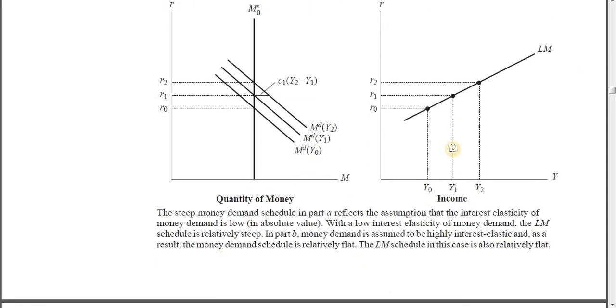So what is the one-line explanation here? The slope of the LM curve is determined by the interest elasticity of money demand. The higher the interest elasticity of money demand, the flatter the LM curve would be. Why? Because money demand is very responsive to the changes in the rate of interest. So a smaller change in interest is going to bring back the equilibrium in the money market, and that's how we'll get a flatter LM curve. This is point number 1.